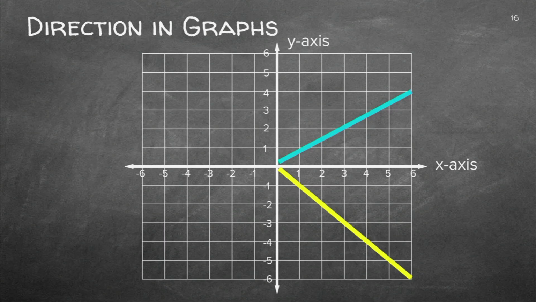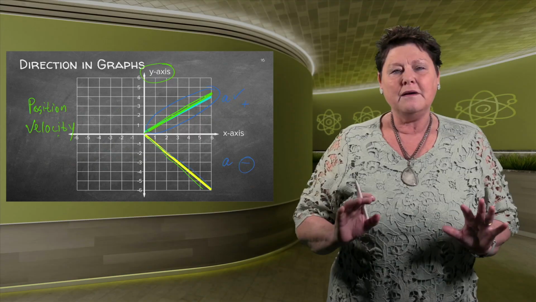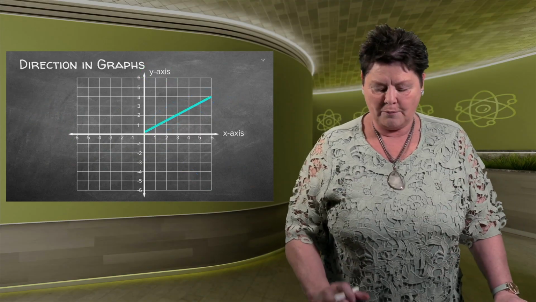If this is your axis, you've got the y-axis there, and it's increasing, whether it's position or velocity, you always have to indicate this is an increase in position, so it's going away from you, and this is to the other side. If it's velocity, it will actually say to you it's increasing velocity, so it is accelerating in a positive direction. This will also mean accelerate, but this will then be in the opposite direction. Clearly, slowly make your deductions from your graphs.